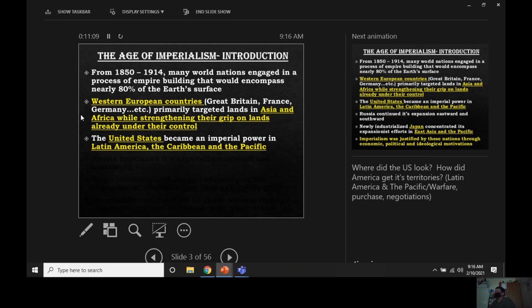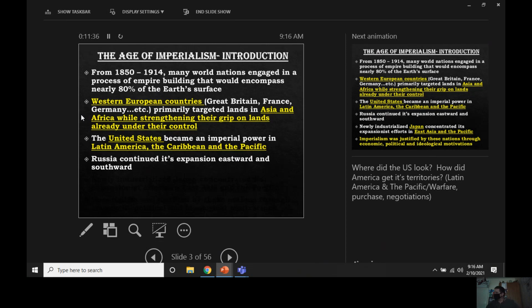Empire building is one of the ways that we get there. The United States, we don't really focus on Africa and Asia as much, but we do indirectly exert a lot of influence in Latin America and the Caribbean, and we do directly colonize some areas in the Pacific. I mean, that's how we get Hawaii, amongst other island nations that are so far away.